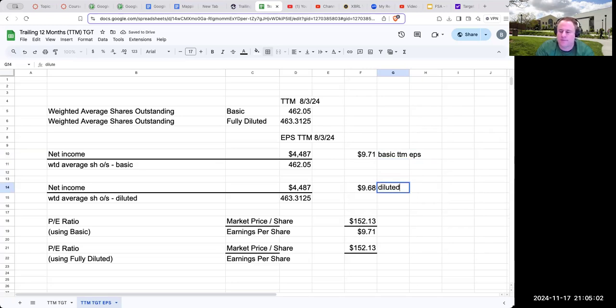This is my diluted trailing 12 months earnings per share. So when I come over here to 9.68,